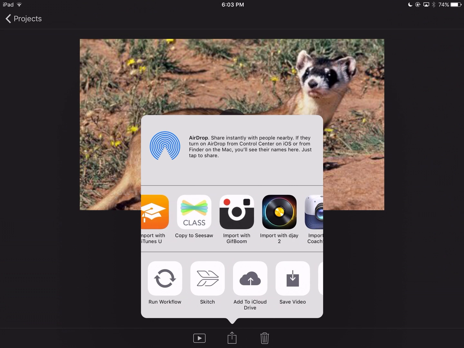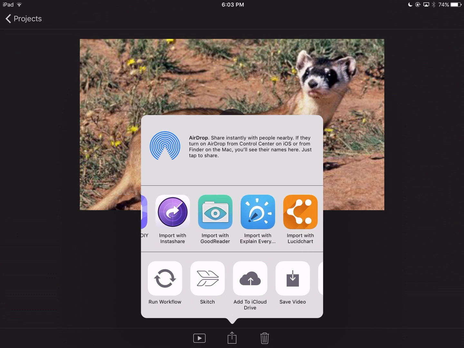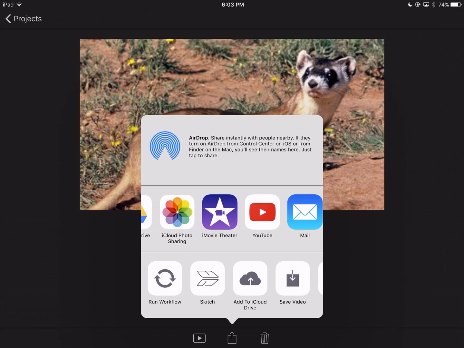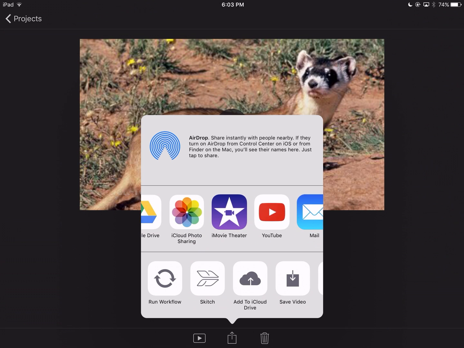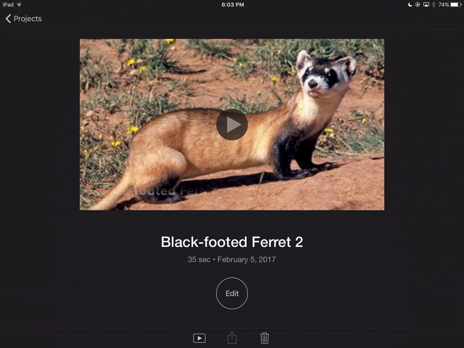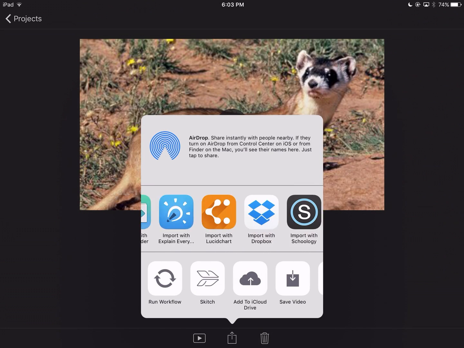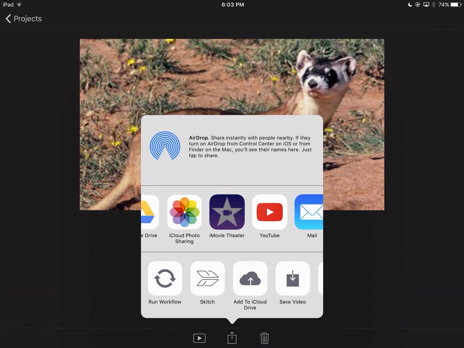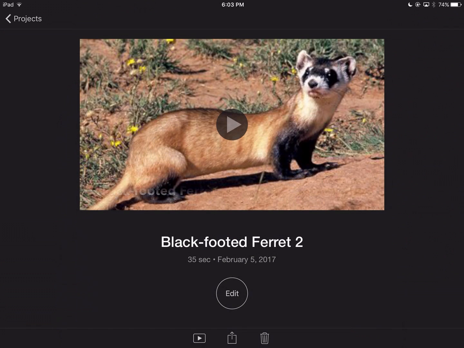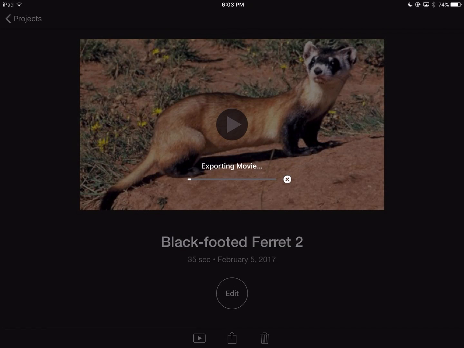And now from here I can click the share arrow, or the share square, and I believe this is where I can send it to iMovie Theater. Now I have a lot of apps, so it took me a while to find it, but it's not totally intuitive how to send it to iMovie Theater. So again, share square, scroll across your apps until you see the iMovie Theater icon. And then when you tap that, it will, in the background,